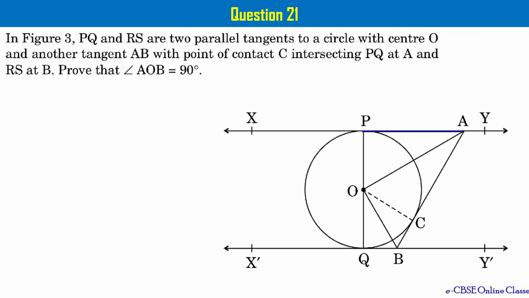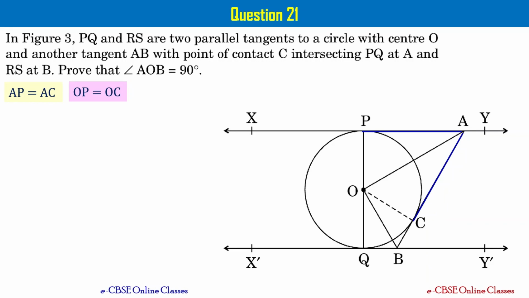As you see here, I'm marking line AP using a blue color line and line AC also using blue color line. As you see from here, A is the external point and you can say that AP and AC are the two tangents drawn from external point A to the circle, right? It means length of AP is going to be equal to length of AC. Let's write that. And from the figure, you can say that OP is radius and OC is also radius, right? So OP equal to OC.